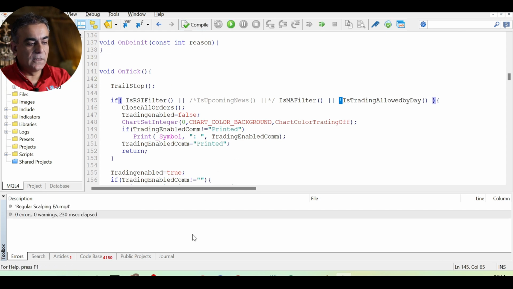So if I compile now, I don't have any syntax error, and I hopefully do not have a logical error as well. So this completes our regular version of the scalping EA, including the MA filter, the RSI filter, the different modifications required for Bitcoin, gold, and US indices, and also the new features that I added, which are the lot types, and also defining whether or not trading is allowed on a certain day. And now we can move on to the